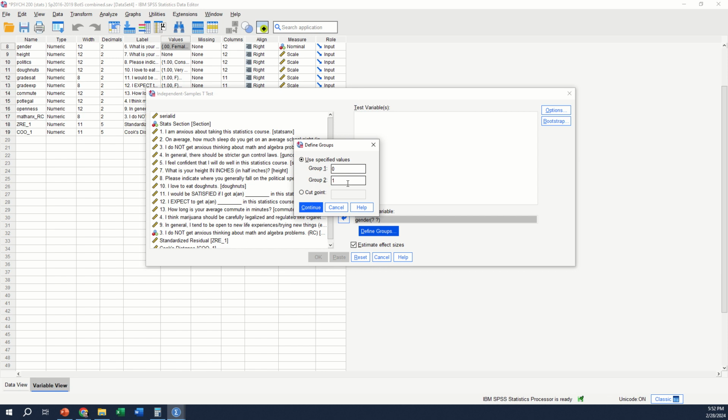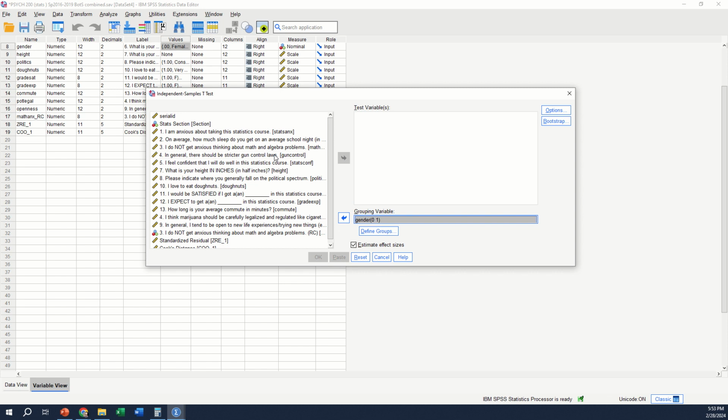But of course, we're doing an independent samples t-test because we have 2 independent groups, same outcome, right? So we have our dummy codes, 0 female, 1 male. We're going to click continue. And then we're going to bring our DV over to